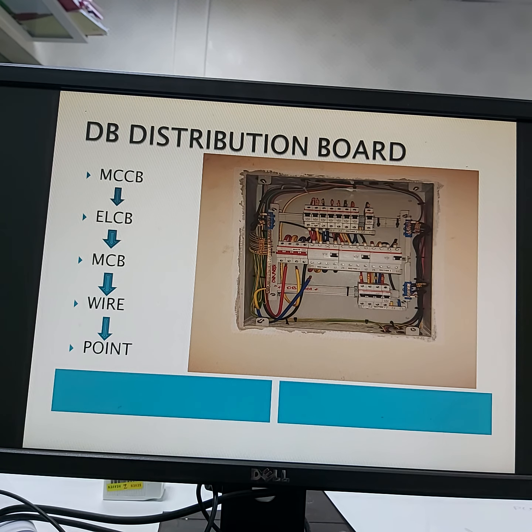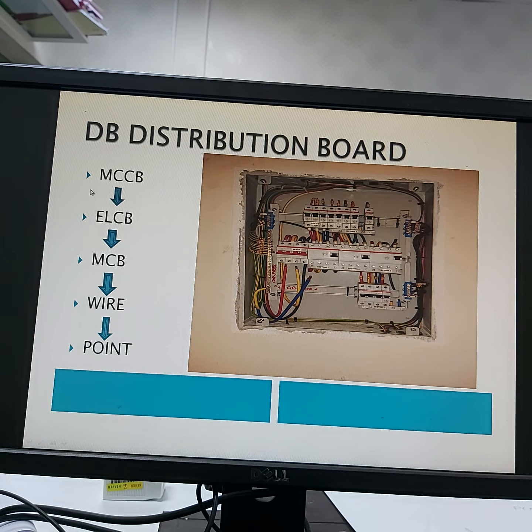And you must remember that a distribution board we used to call DB. There will be an MCCB. Here you can see in the picture. First of all, there will be an MCCB and power supply will come inside this MCCB. This is called the main incomer.